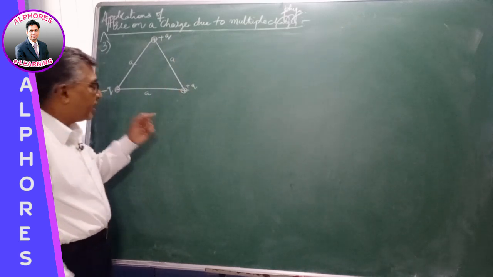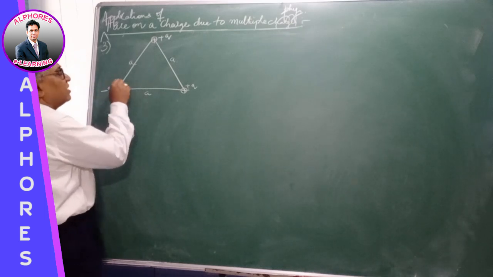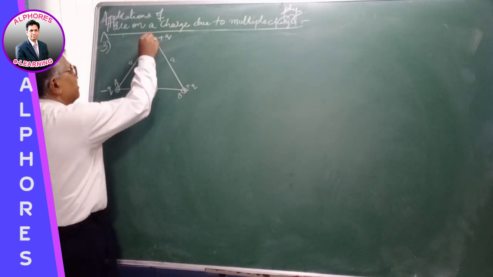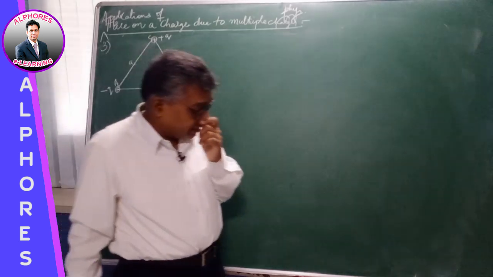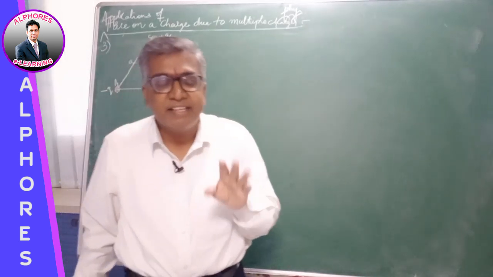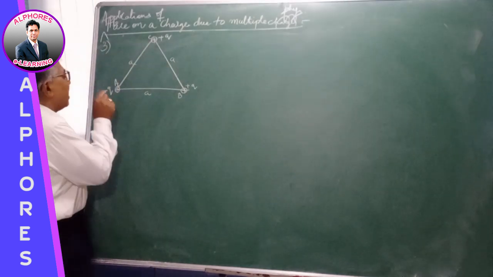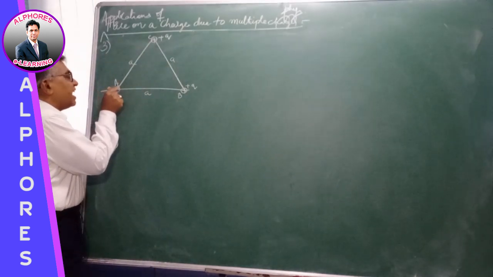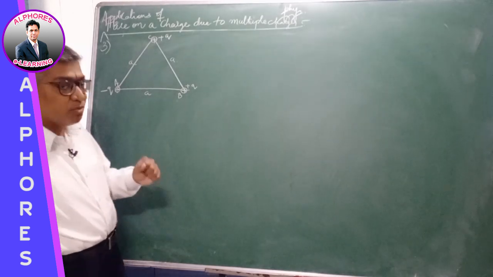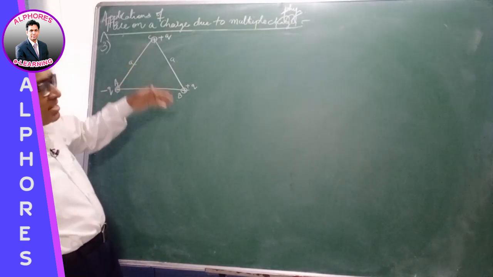Now again we are asked to find what is the resultant force on the charge P. The difference is earlier we had taken all the charges of same nature and same magnitude, all plus. But this time I have taken the charge at A as minus Q. Now how does the force affect? Now consider, let all the charges be of same magnitude.